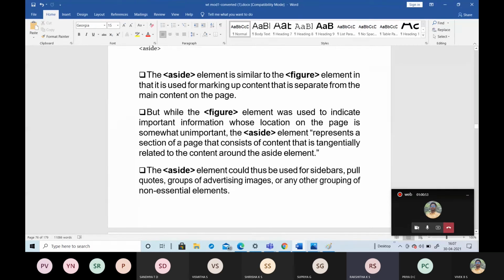The aside represents a section of a page that consists of content around the aside element. Both elements are the same; the only difference is that we use aside just for marking up the content, that's it.